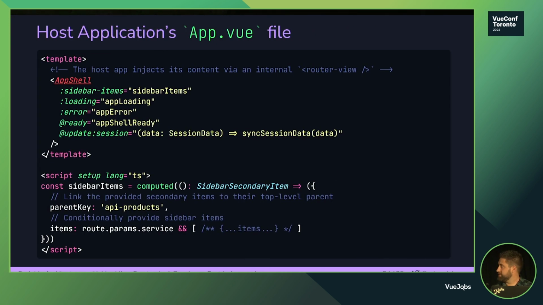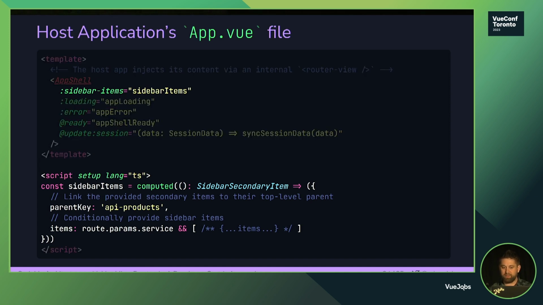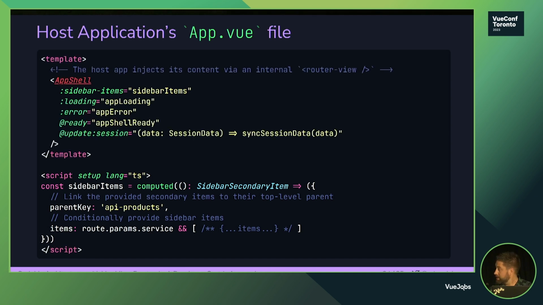And so if we look a little bit deeper into the host application, what does their app.vue file look like? If we look here, we can see the app.vue file essentially just has one component. And you'll notice there's no router view here. So the Connect app shell itself provides that root level router view for the app to essentially inject its own